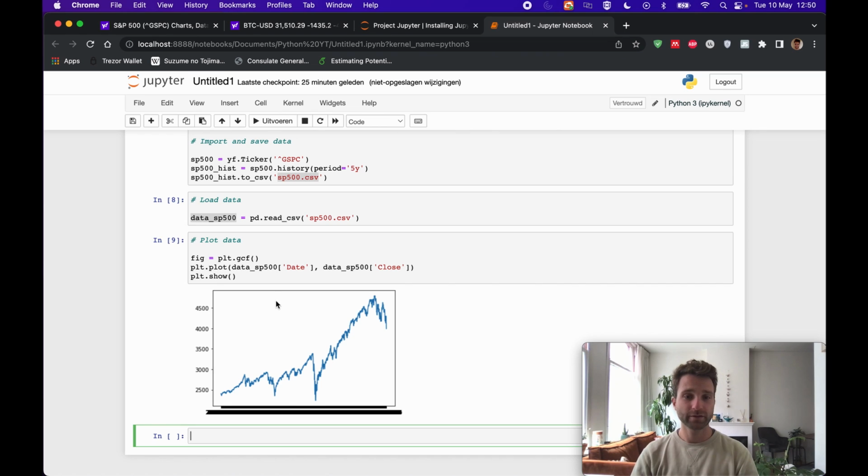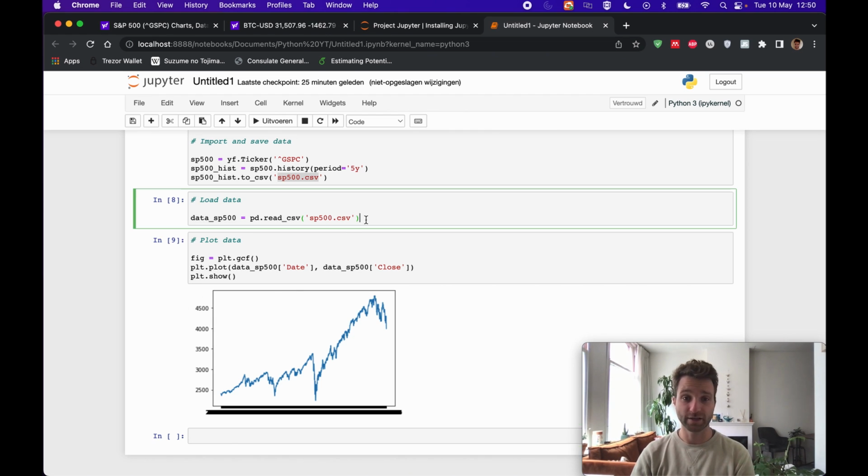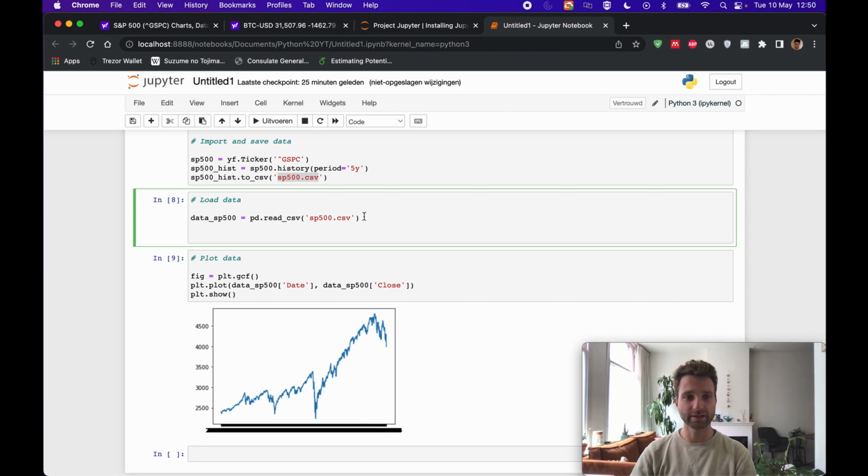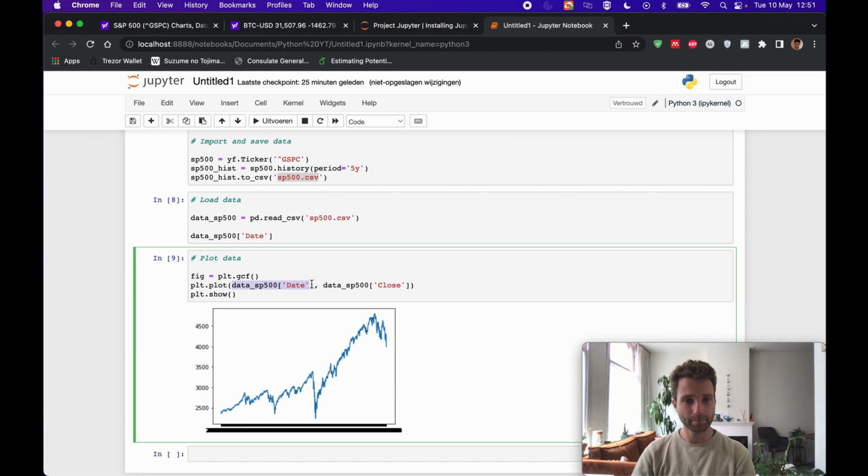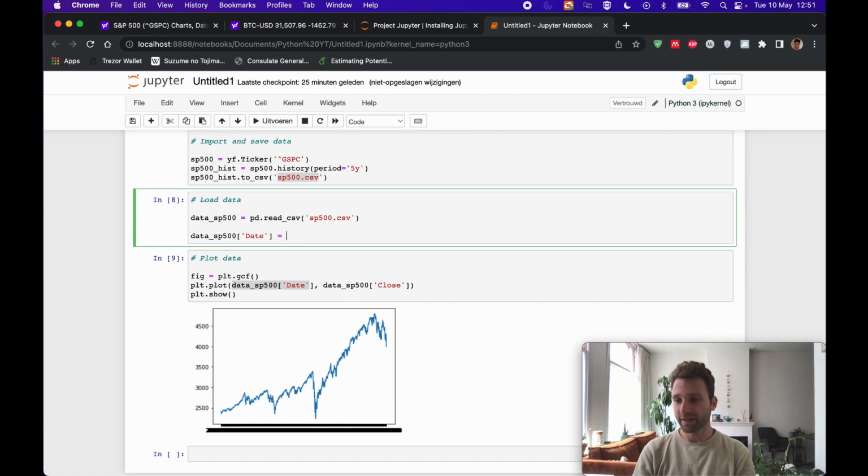We want to make sure that Python recognizes that this is not text, but this is a date, kind of the same as a number, so it makes it look nice automatically for us. So what we're going to do is go back to load data, and we want to change the date column. This is how we call the date column, the same way as here. And we want to change this. We're going to use this pd, the pandas, to change the text to a datetime format. It's an internal thing. You don't need to know exactly how this works,